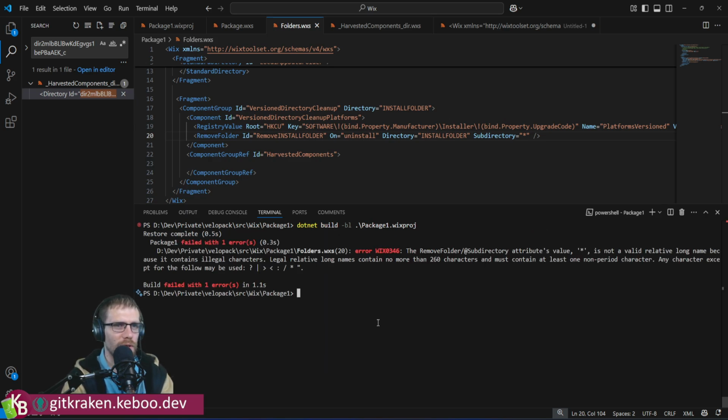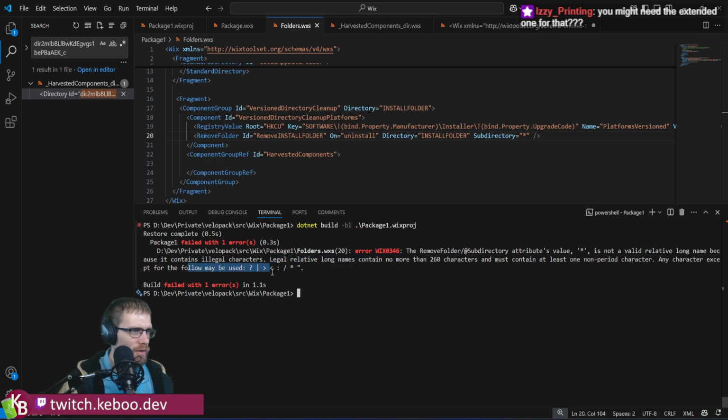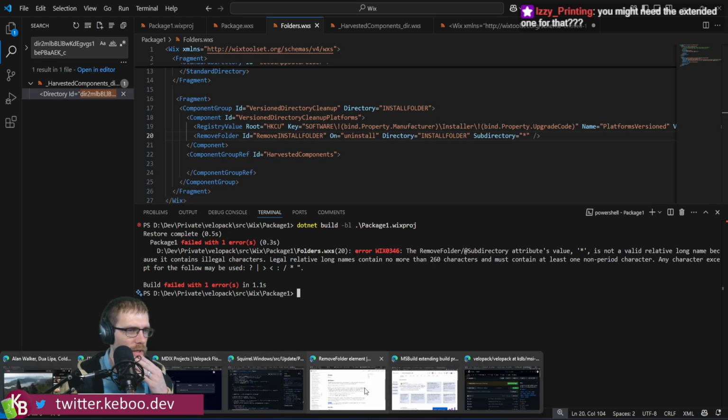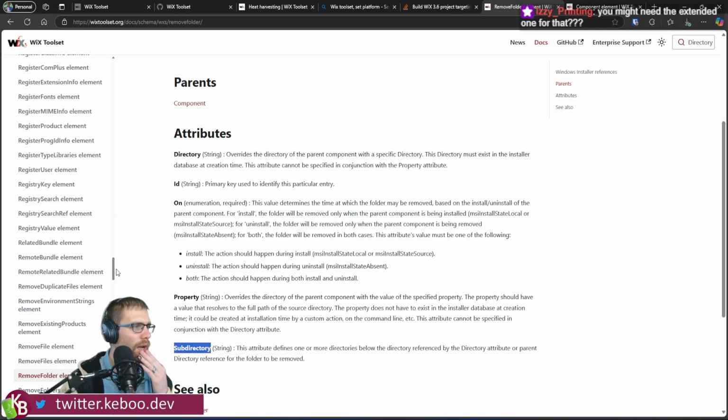Let's see. Not a valid relative long name because it contains illegal characters. Legal relative long names. Any character except for the following may be used. Might need the extended one for that. Okay. Where do I